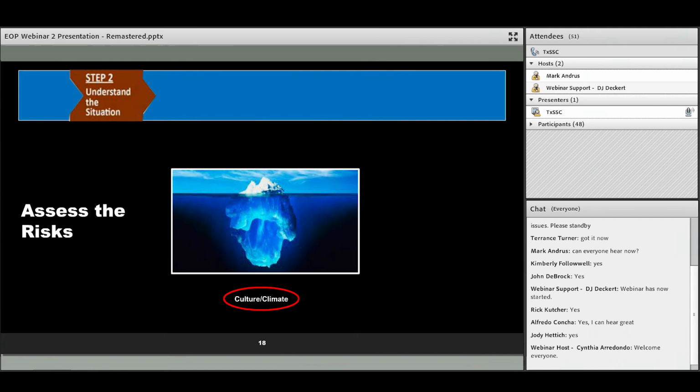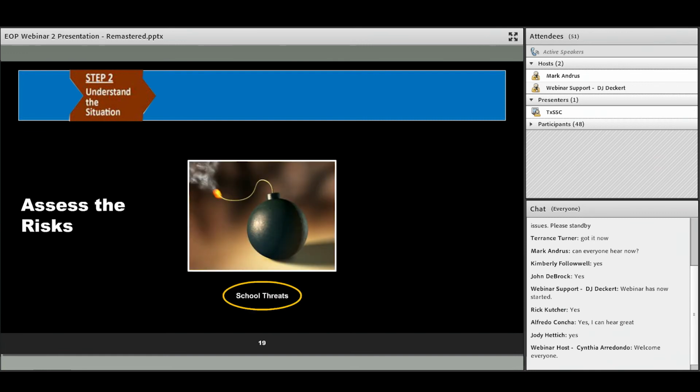Other types of threats just from the community, which could even be something like traffic problems, hazardous material routes near your school. A number of things like that can have some impacts on how people feel about being in the location they are and their educational environment. So make sure things are tied back and you address issues related to climate and culture. It's a little harder to assess because oftentimes you can't physically see those things that affect your climate and culture, but it's a very important step in that process.